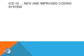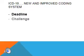Okay, ICD-10, the new and improved coding system. So the deadline for ICD-10 implementation as of now is October 1st, 2015. This has been delayed for quite some time, so hopefully we'll definitely have it in this fall. There are lots of challenges that we face with the new